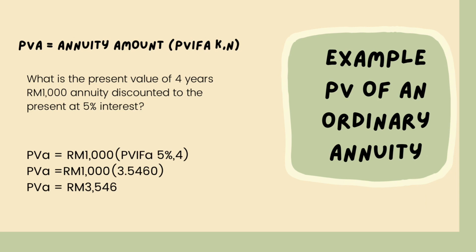So this is the example question for present value of an ordinary annuity. The question states: what is the present value of a 4-year RM1000 annuity discounted to the present at 5% interest? So the formula is still the same. The present value of an annuity equals the annuity amount multiplied by PVIFA, k and n. So the annuity amount is 1,000, k will be 5%, n will be 4 years. So the answer would be